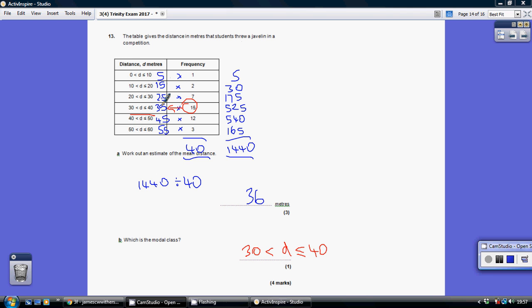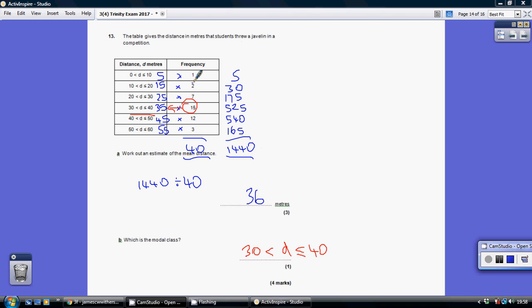So you start off by popping in a midpoint column here, and then we cross multiply. So one student threw the javelin 5 meters, that's 5 meters in total. Two students threw the javelins 15 meters, that's 30 meters in total. So we add up all of these meters to get 1,440 meters, and we divide that by the number of